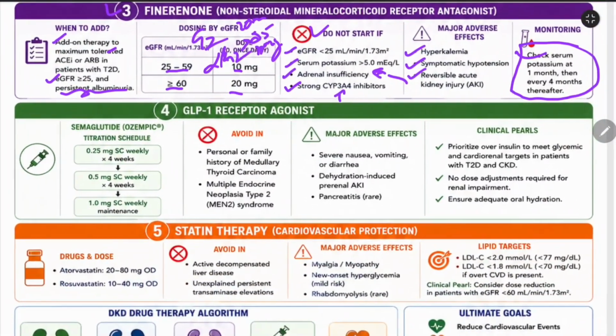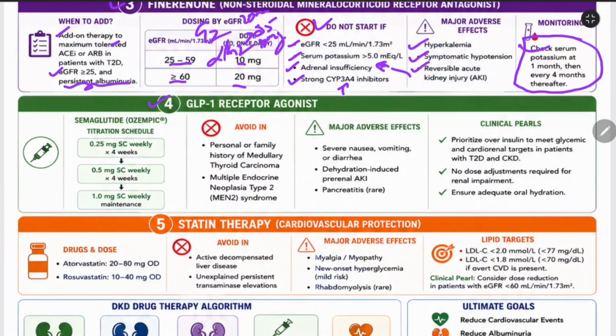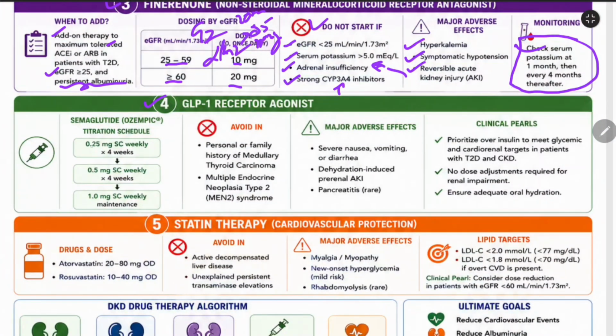Then we are going to add a GLP-1 receptor agonist if the glycemic target is not met. How will you start semaglutide titration? You will give 0.25 mg subcutaneously weekly for 1 month. Then 0.5 mg subcutaneously for the second month. Then 1 mg subcutaneously weekly in the third month, and you will continue the same dose of 1 mg as